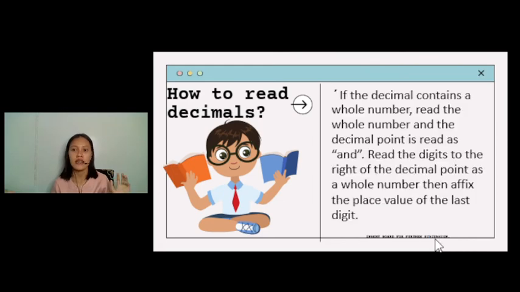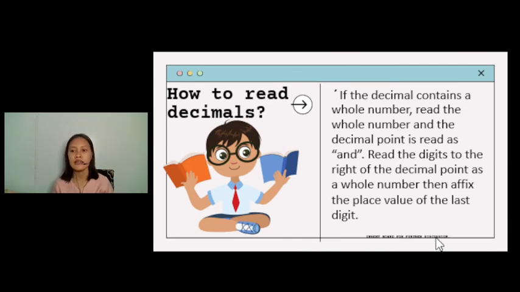If there is a whole number, ayan, read the whole number and the decimal point is read as end. Read the digits to the right of the decimal point as a whole number, then affix the place value of the last digit. Kagayan siya or same na siya dun sa na-discuss ko previously. So, parang ito, pinut niya lang in words yung mga diniscuss ni teacher. So, you may recall or pwede nyo po siyang ulit-ulitin ng panoorin